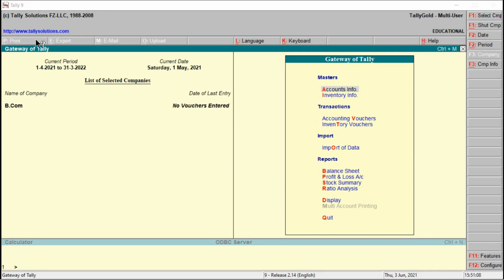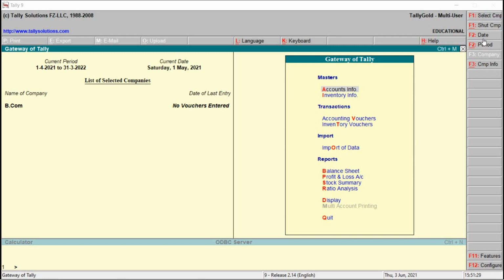In the horizontal button bar, we have the option to print, export, email, upload, and change the language, as well as the keyboard. In the same way, we can access the help also.